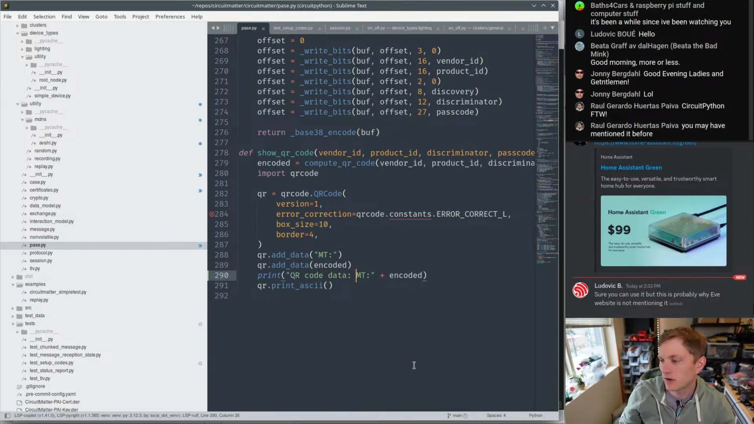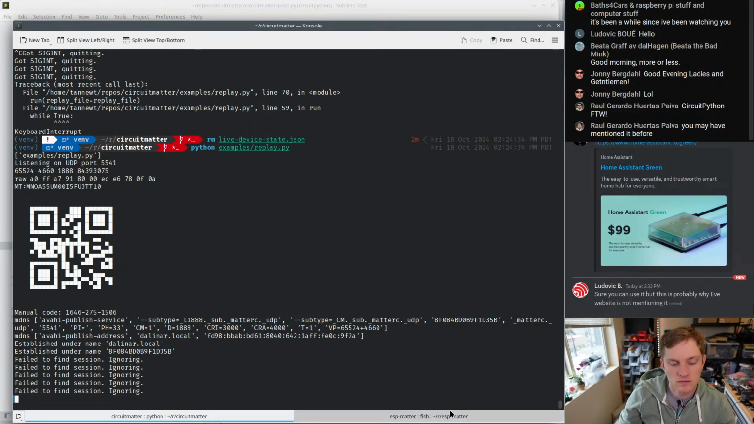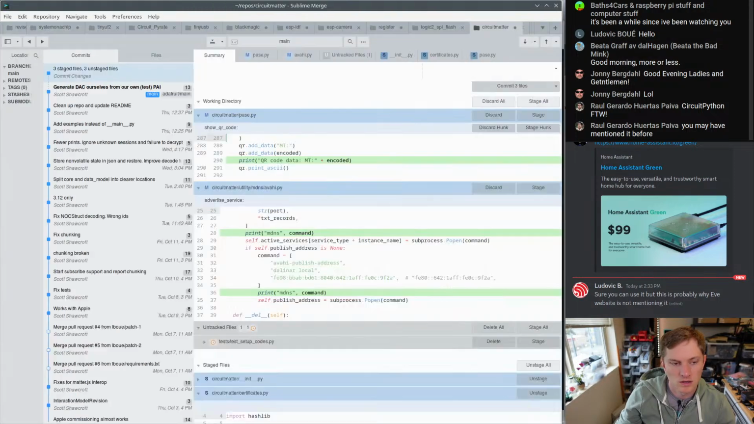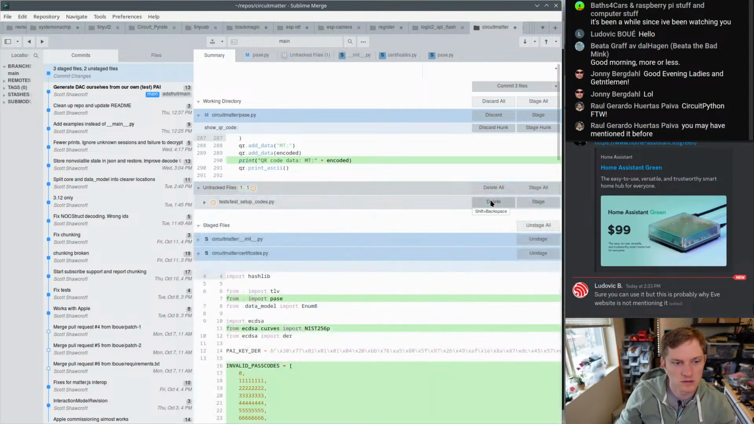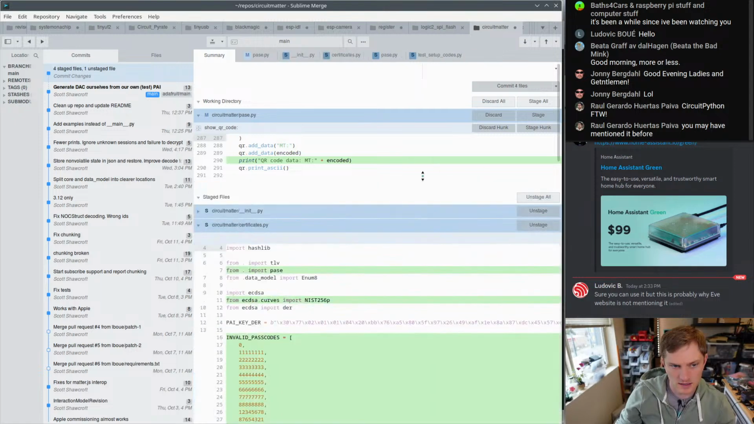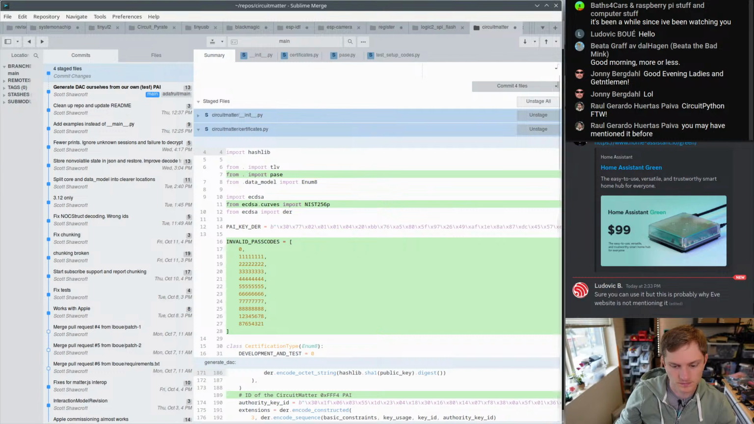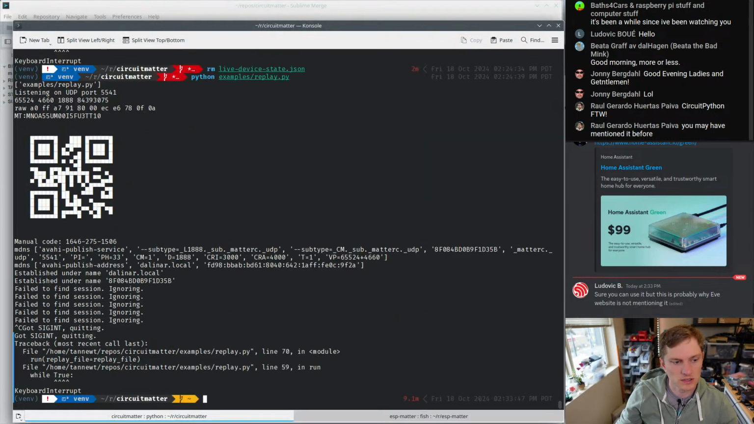You can use it, but it's probably why Eve isn't mentioning it. Yeah, true. Eve is going for certified devices. That's a good point. Okay, and then this mDNS stuff I actually don't need. And then I added a test, so I do want that as well. Let's just do a quick